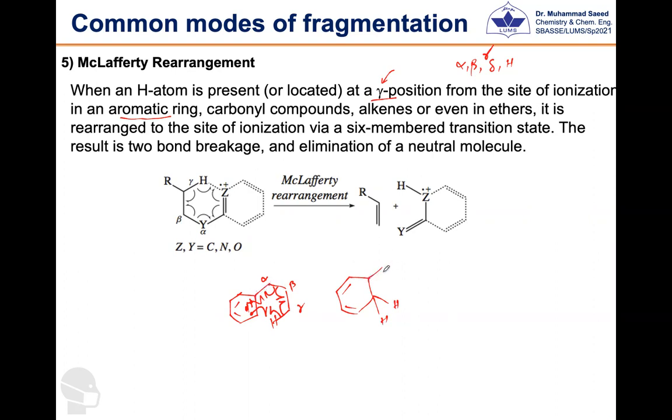and then we have one bond at the alpha, and the additional bond is formed when positive charge and one of the electron from alpha beta has moved at this position। So जब आप ये ड्रा कर लें तो इसके ऊपर आप पॉजिटिव चार्ज और फ्री रेडिकल ड्रा कर सकते हैं। एंड इसके अंदर चूंकि मॉलिक्यूल एक अल्कीन की फॉर्म में एलिमिनेट हुआ है एज ए न्यूट्रल मॉलिक्यूल, therefore the original positive charge and original radical, they will stay with one of the fragment where m over z will be appearing।